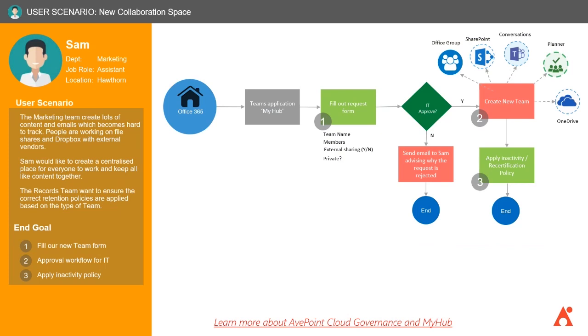Once he fills in that form, it'll go through to IT. So once he fills out the form, it doesn't instantly create him a team. Someone has to review and make sure that Sam has filled in the form correctly. So in this case, we've passed it over to IT. IT have now gotten a notification and they can say, yep, Sam has filled this in quite correctly, and there's no other team like that, so that it can essentially join them without having to recreate that wheel. So all IT has to do is click yes, or if they want, they can edit some of Sam's details or that form to make sure it's compliant, maybe just miss a couple of options here and there. But all they have to do is submit,